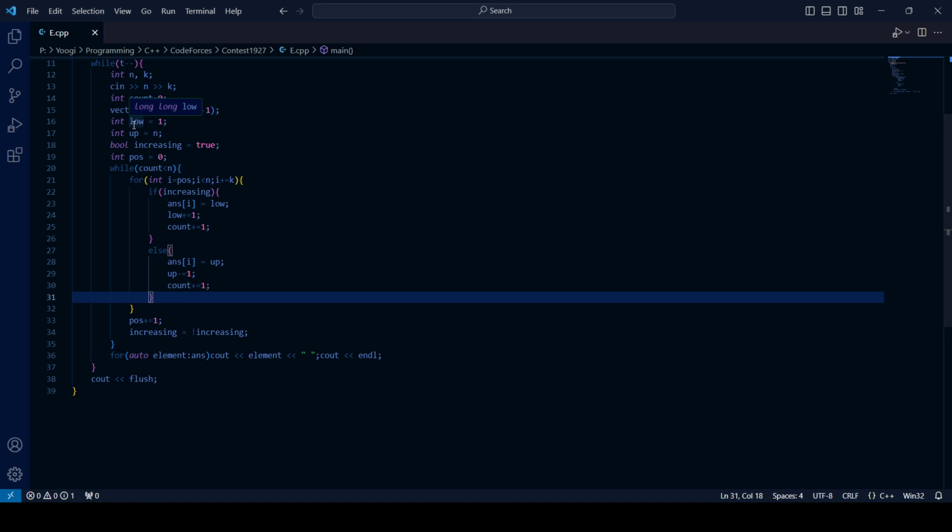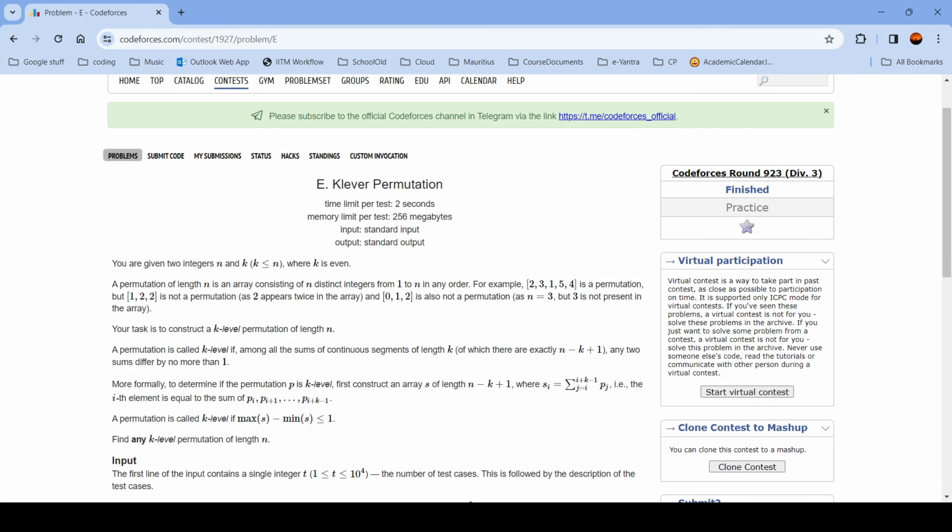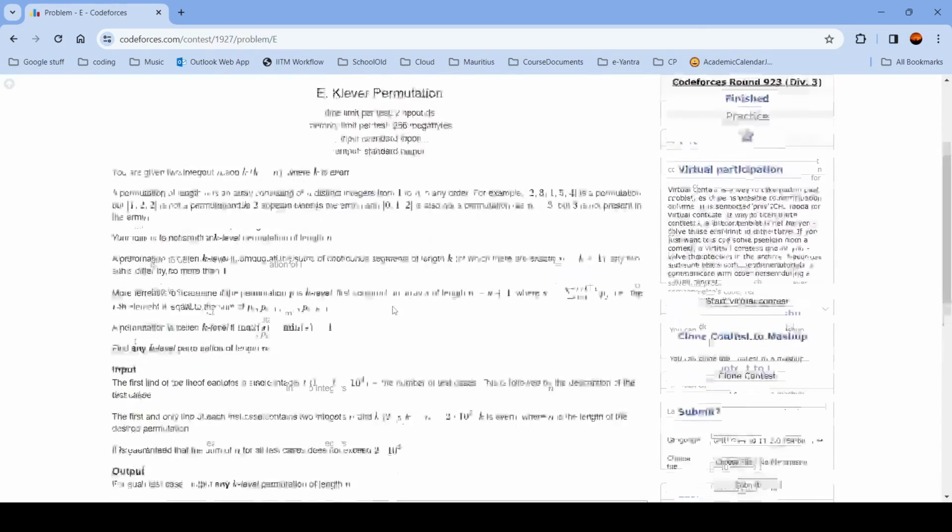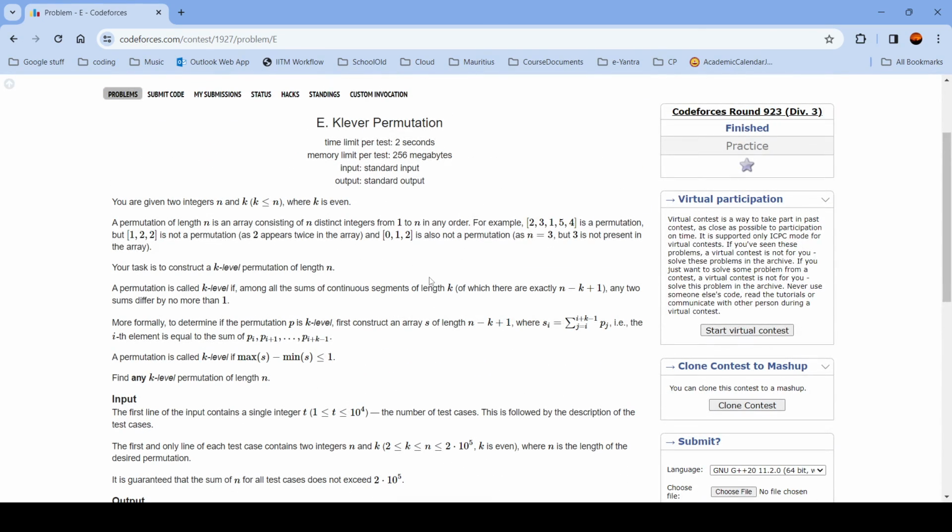So that's how the solution works, and in the end I can just output the answer to get my value, and that gets accepted in the contest. So yeah, that's it for